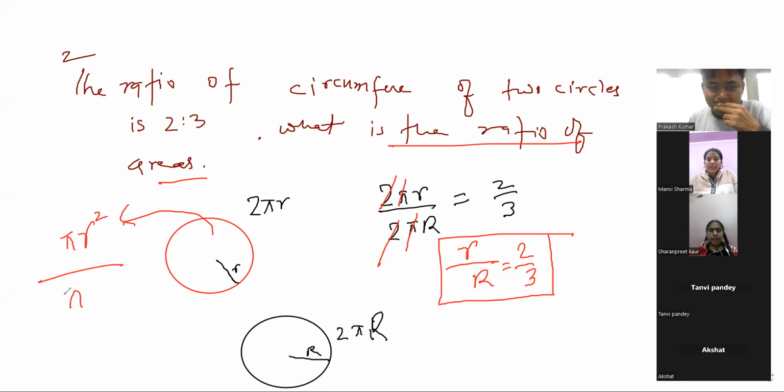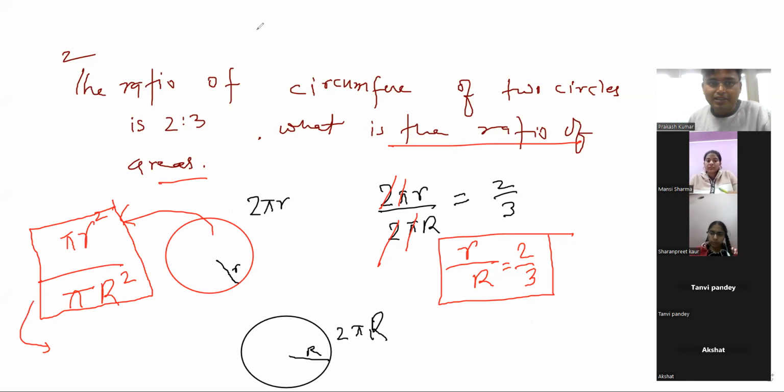Pi capital R square. Pi capital R square. So we have to find this ratio. Now I can cancel this pi, right? So the ratio of the areas, that is pi r square by pi r square, can be written as r square by r square,